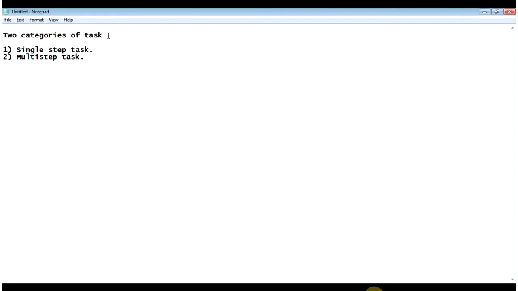Once I click on approve, the work item will disappear from the inbox of the user, and that sales order will get saved in the database. You can refresh it.